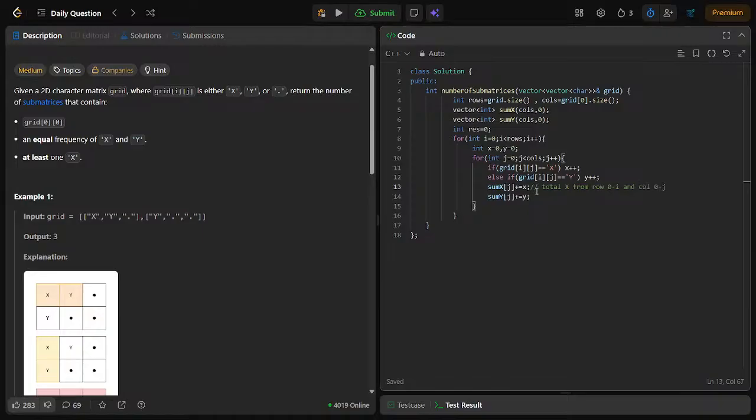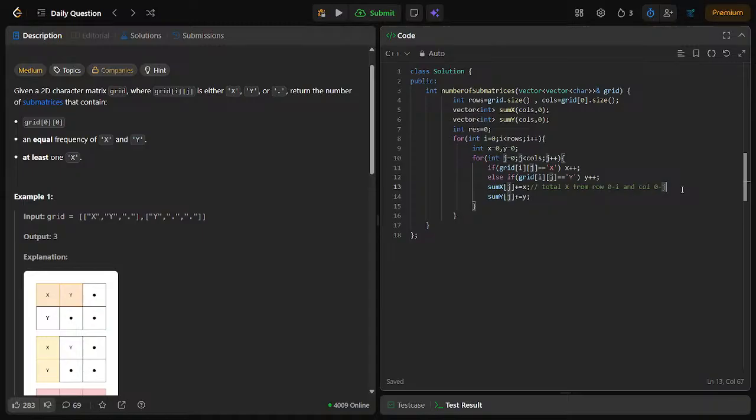So this will add the total x in our grid, that row starting from 0 to i and the column starting from 0 to j. So how many x we saw in our grid, that much count it will now add to the sum x